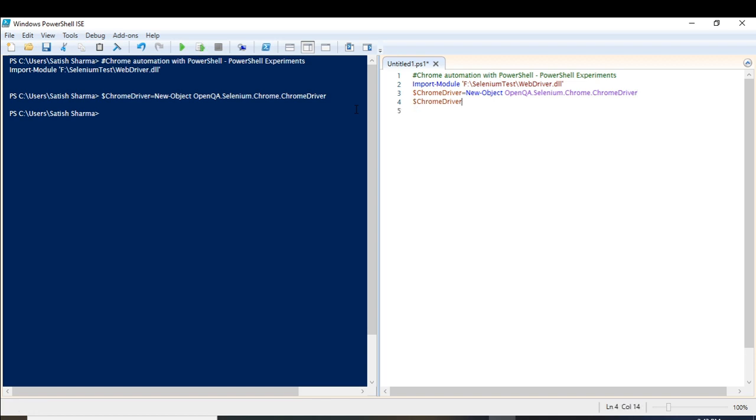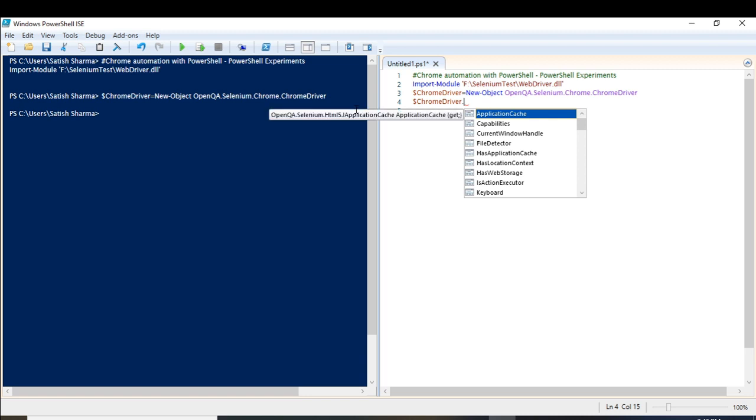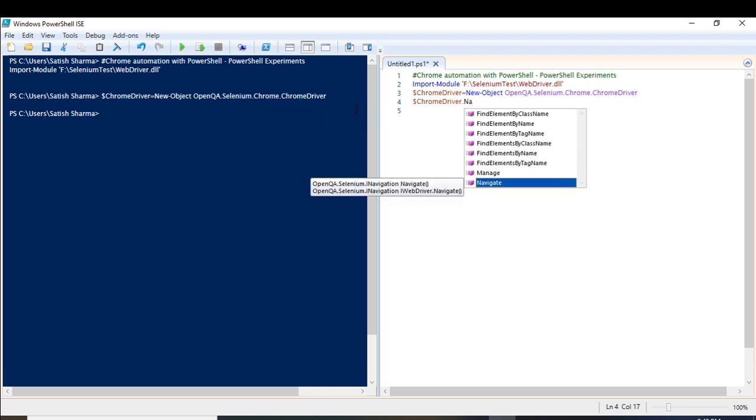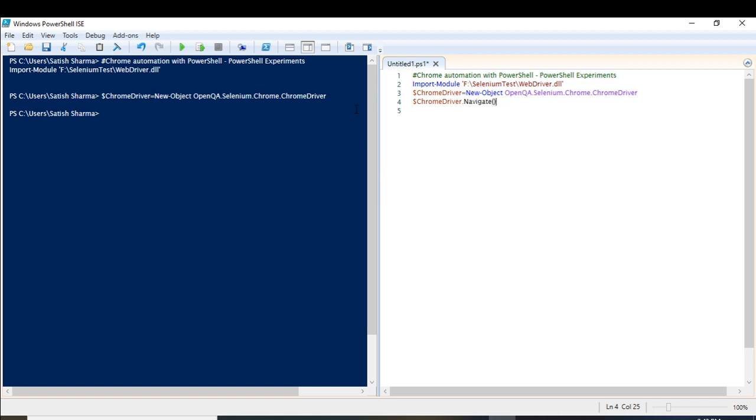It's hidden in this chrome driver variable: you can use the navigate method, then go to URL, and type www.google.com. Now if I run the script, it will open the Google page with the normal Google look.